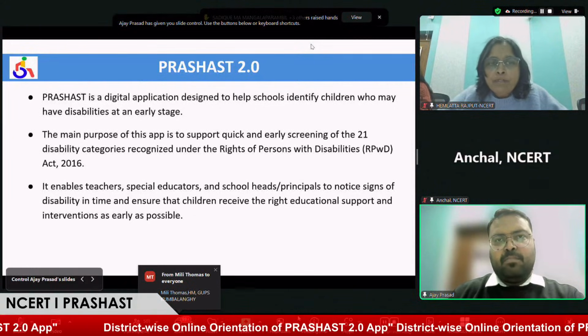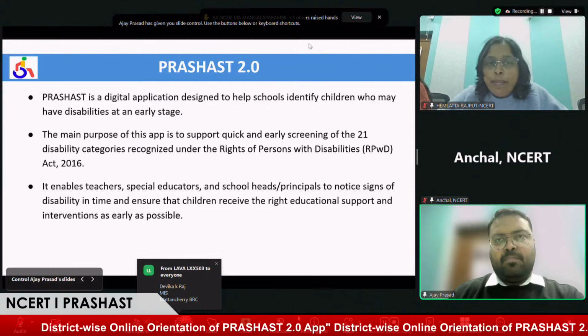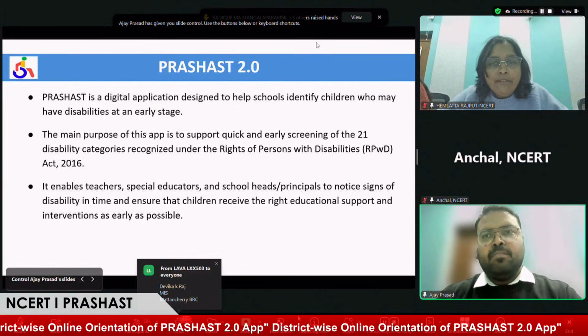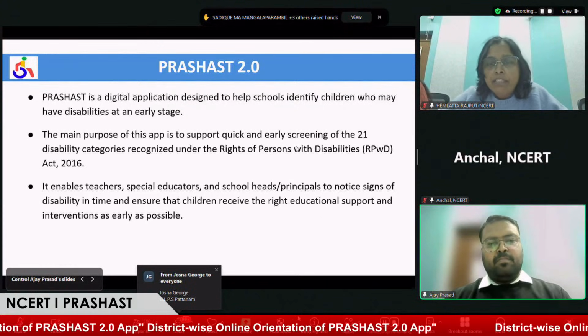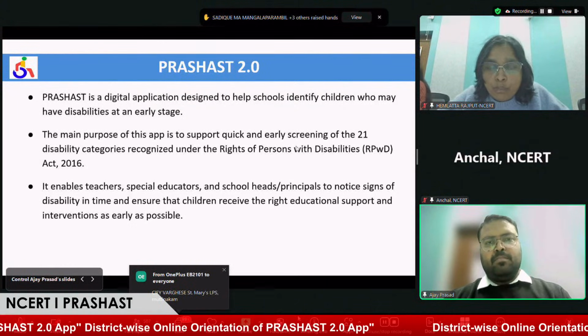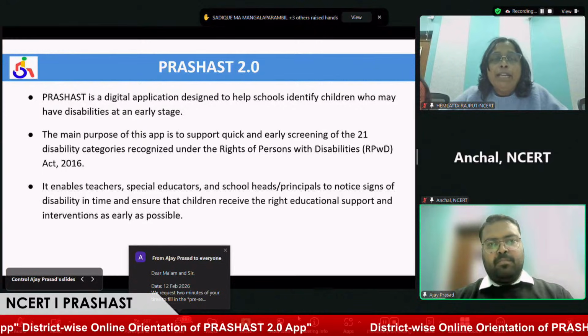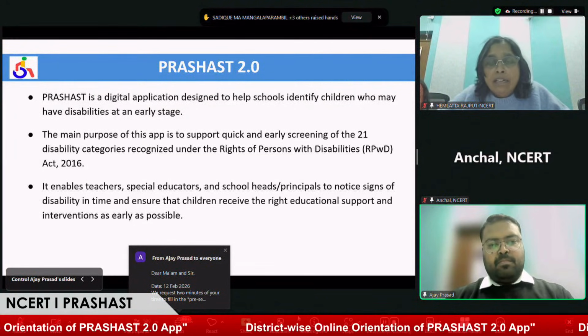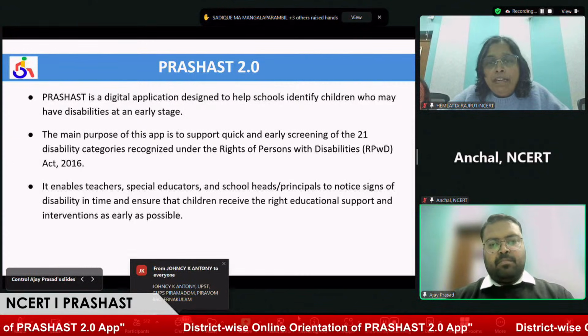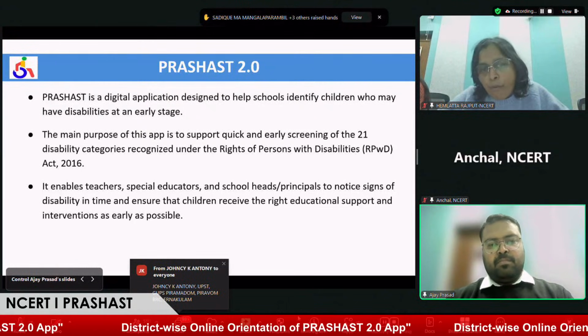The main purpose of this application is to support quick and early screening of the 21 disability categories recognized under the Rights of Persons with Disabilities (RPWD) Act 2016. NEP 2020 also suggests that in inclusive education we need to understand the learning requirements of every learner. So screening is most important here.